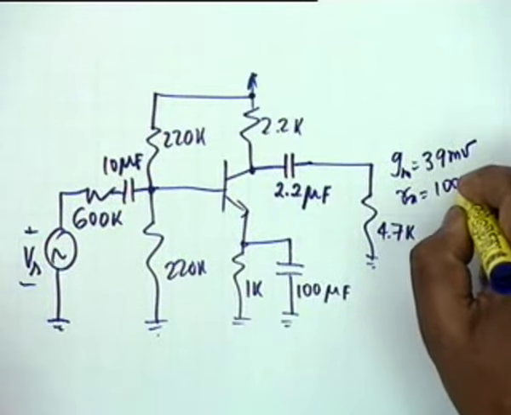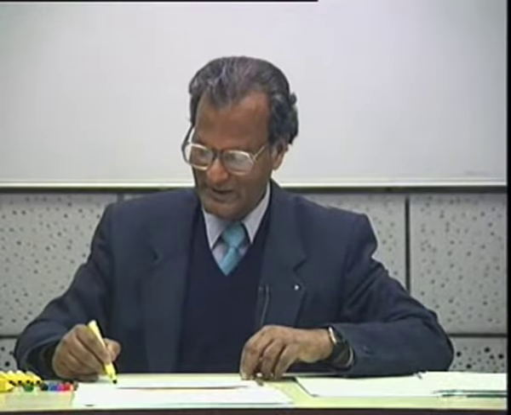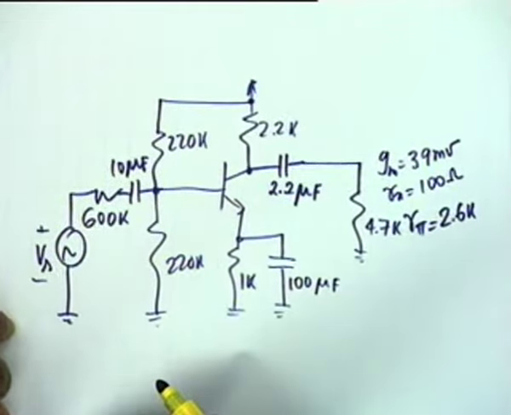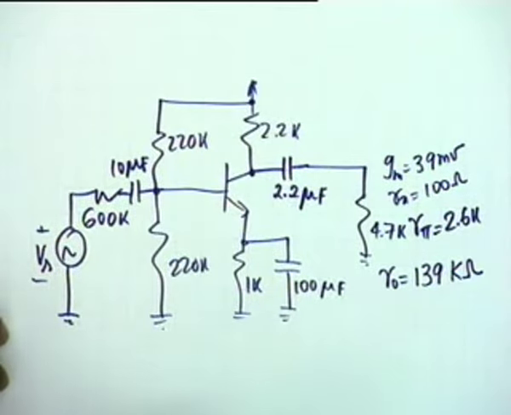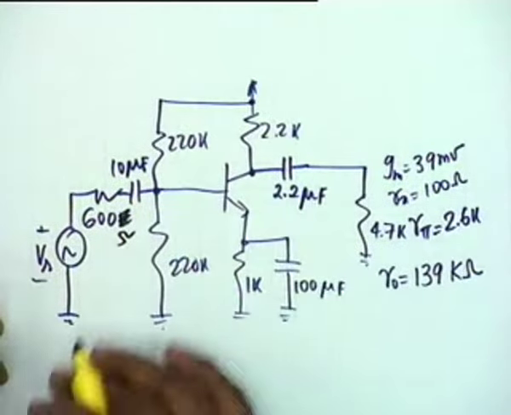Rx is given as 100 ohms, which we have ignored, compared to 2.6K, which is R pi. 2.6K, 2600 ohms, we can ignore 100 ohms. And R0, poor quantity, sometimes is ignored, sometimes is not ignored, depending on our convenience. But we have to apologize to R0 because it makes our life difficult, so we will keep it out of the door when it is convenient. We'll bring it inside when it is not inconvenient. 600 ohms. If it is 600 kilo ohms, nothing will come to the circuit.